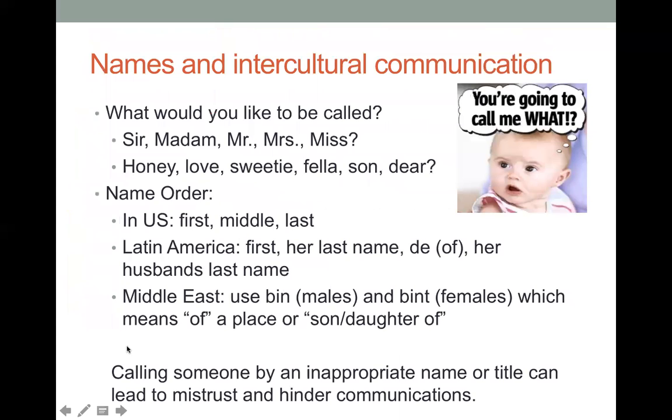Names. Names are a big thing in communication. How do you talk to somebody? What do you call somebody? Do you call them sir or madame or miss or mister or sweetie or fella or son or dear? I have some patients who call me honey all the time. And I've had long relationships with these patients, not romantic, obviously. But I love these patients. They're like my grandparents. And so I don't mind that they call me honey,